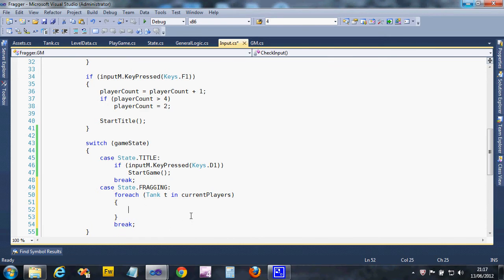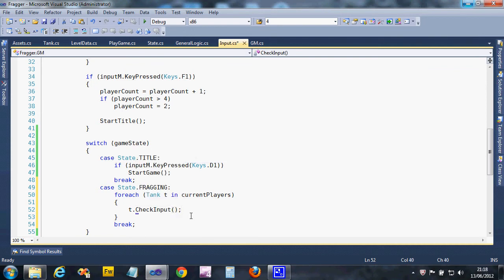If we've got 3 tanks, it'll look at the first tank, call it t, and then we can manipulate that tank. Then it'll loop round automatically to the next tank and then the final tank. It works out what the numbers are. It's quite handy. So we just need to say t.CheckInput,